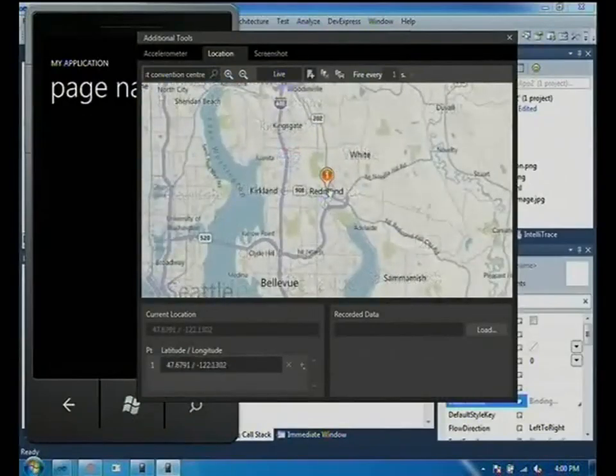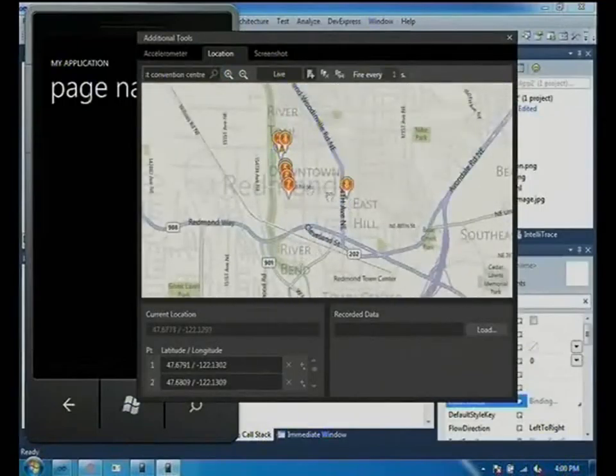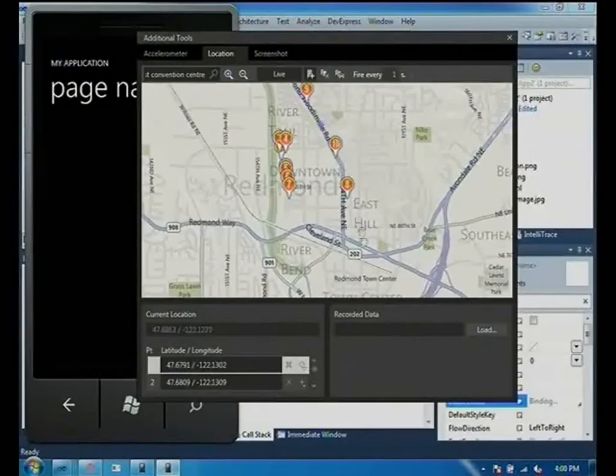Right, so let's drill into the mothership being Microsoft, Redmond Town. You wanted to plot 5 or 6 points. I want to go from this road to this road down here. That's then going to send all that information straight down the emulator again to the application running, and it's going to fake that location data.